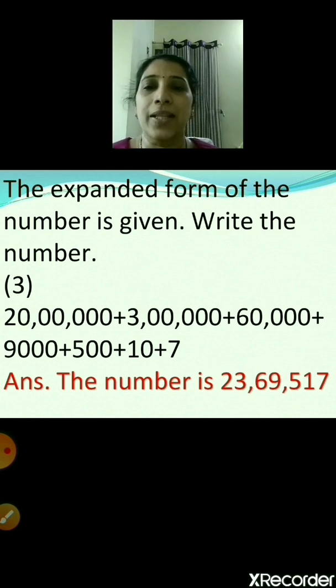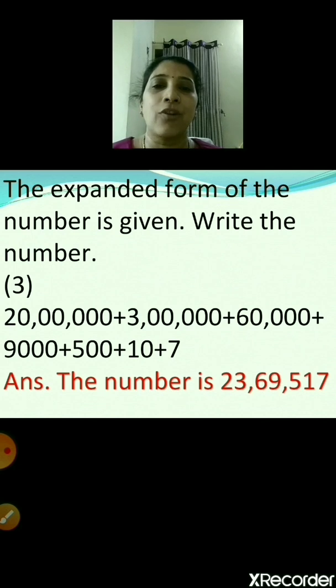So first we'll see the first part, that is 2 followed by 6 zeros. So the first 0 in the units place, second 0 in the tens place, third 0 in the hundreds place, fourth 0 in the thousands place, fifth 0 in the 10,000s place, sixth 0 in the lakhs place, and the digit 2 is in the 10 lakhs place. So that means it is 20 lakh, children. So you will first write the number 2, right?